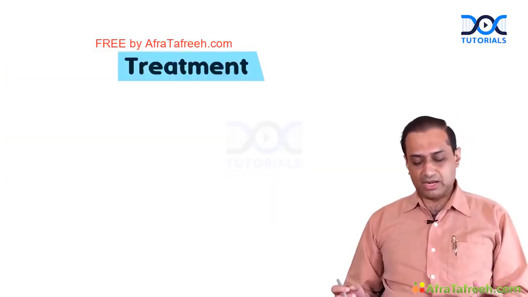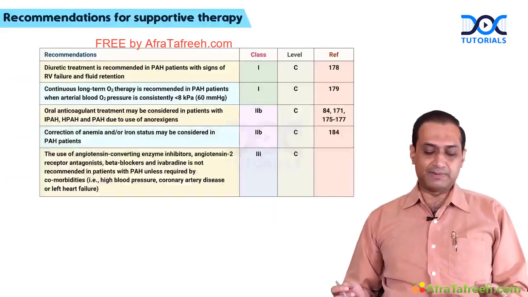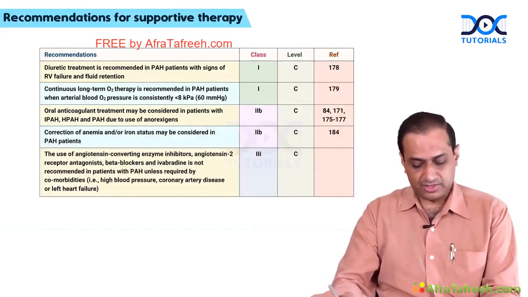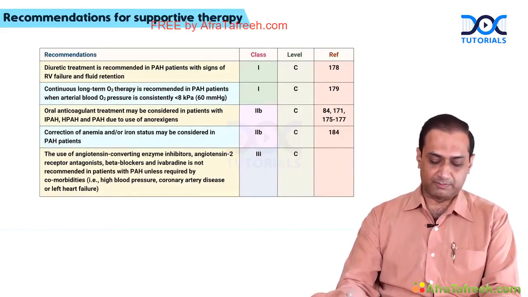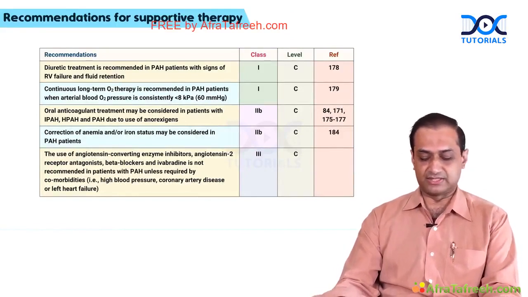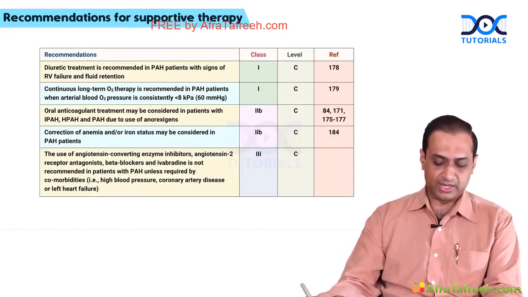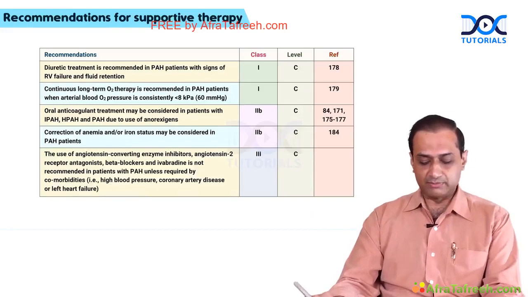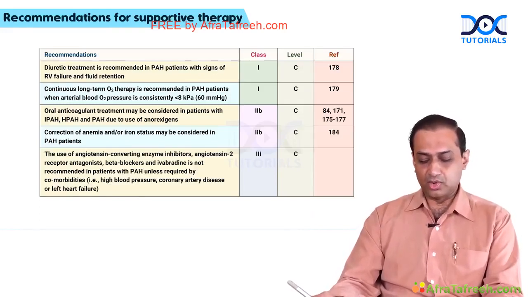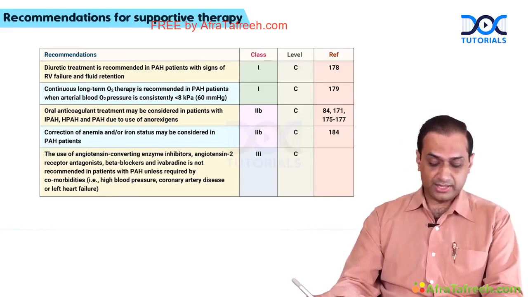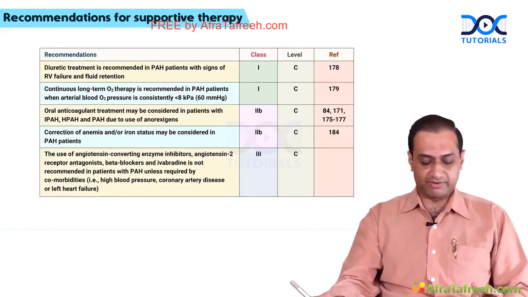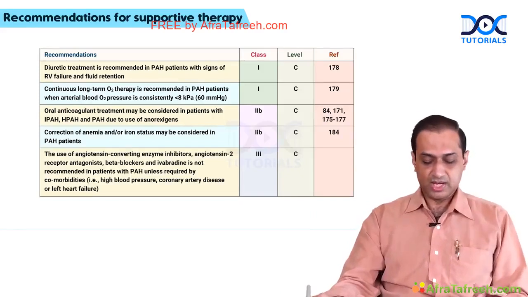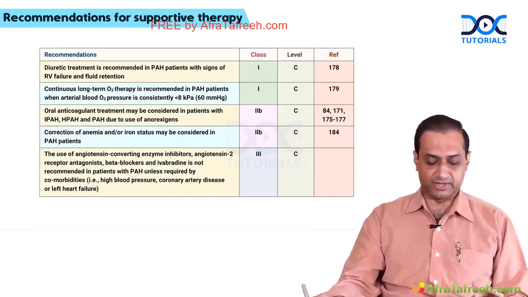Now coming to treatment of PH, the recommendation is that diuretics are recommended if you have fluid overload and right heart failure, while continuous O2 therapy in PH patients with saturation less than 60% is also a class 1 indication. Oral anticoagulant may be considered in patients, as well as correction of anemia. Anorexigens, ACE inhibitors, ARBs, beta blockers, and ivabradine are not recommended in PH